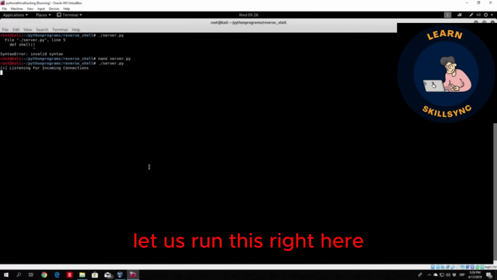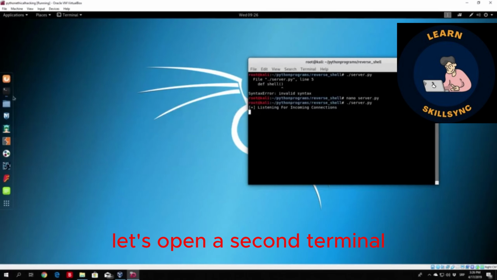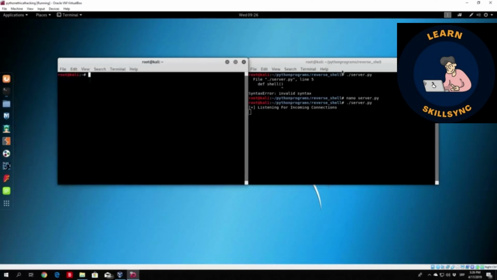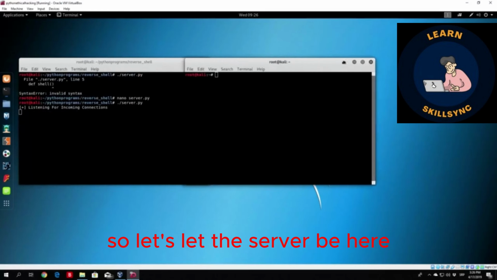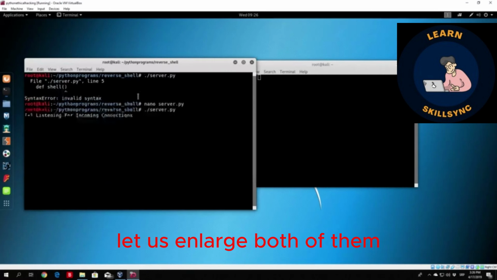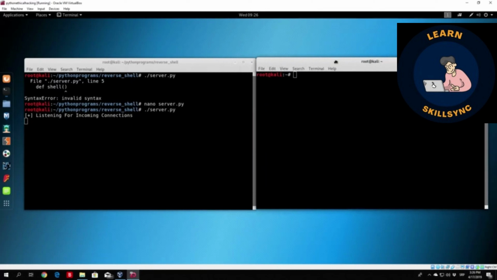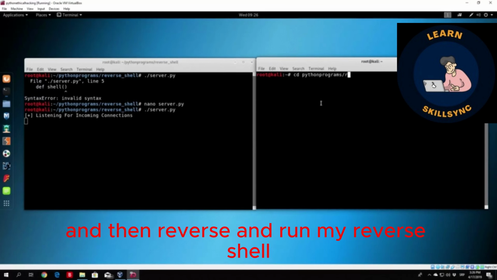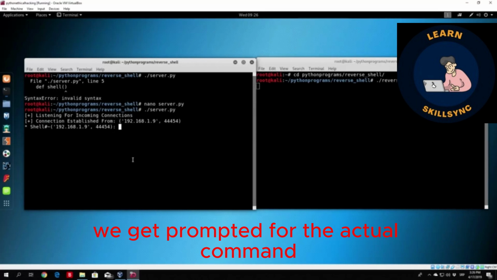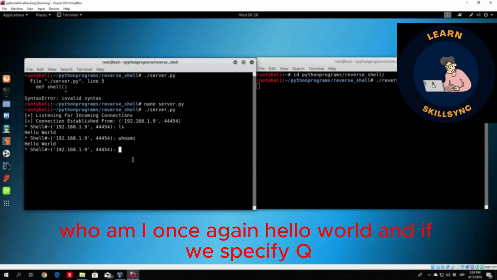Okay, let us run this right here, listening for incoming connections. Let's open a second terminal. Let the server be here and the second terminal right here. Let us enlarge both of them so we can see everything better. If I go to my Python and then reverse and run my reverse shell, we get prompted for the command. If we type ls, we get printed out hello world, whoami, once again hello world, and if we specify Q,